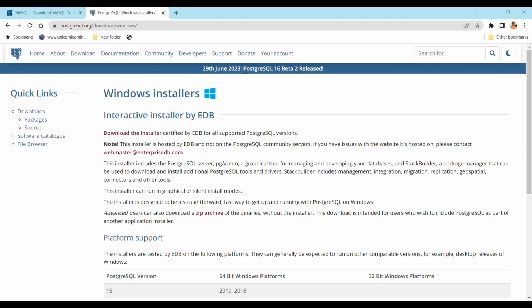But how do I know? How do I access this? That's where you need to use admin tools. So when you download these, they will have all those things. Along with the server, you need an admin tool, you need